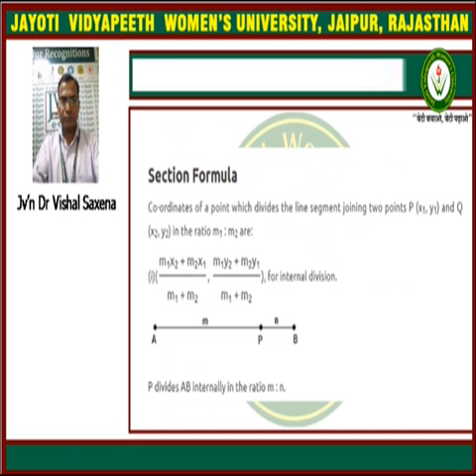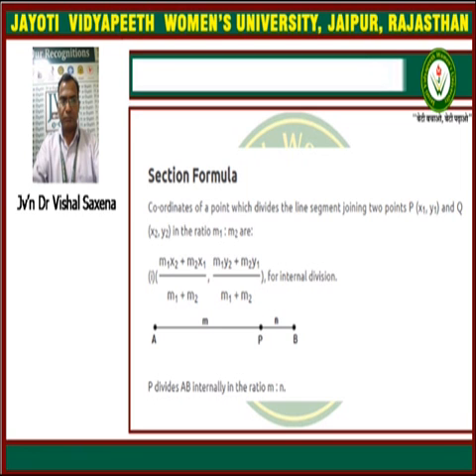Now the section formula. Coordinates of a point which divides the line segment joining the points P(x1, y1) and Q(x2, y2) in the ratio m1 : m2. So the first formula here is the internal division formula: (m1x2 + m2x1)/(m1 + m2), (m1y2 + m2y1)/(m1 + m2) for internal division. So this is the point